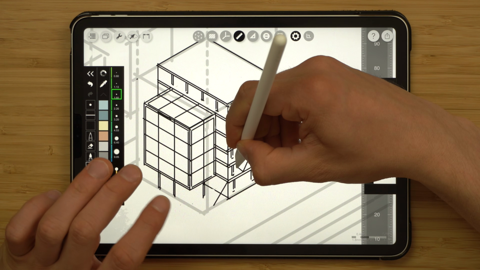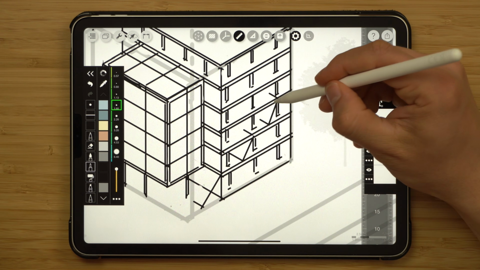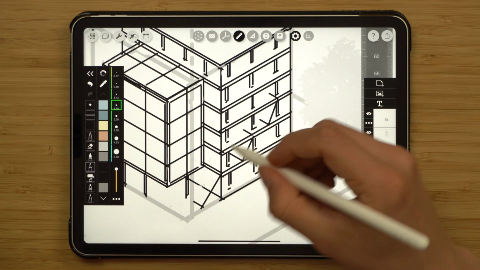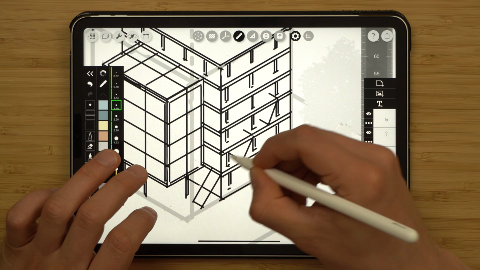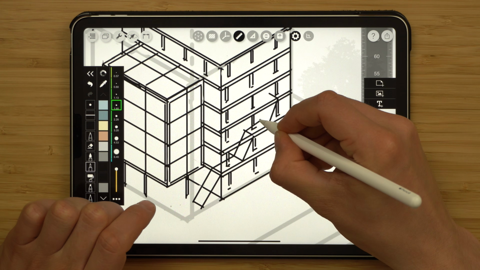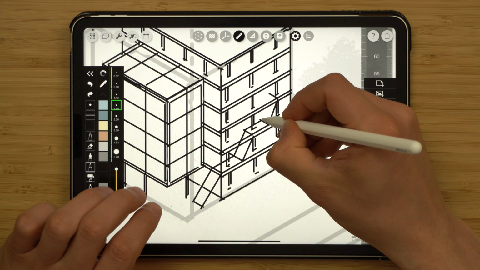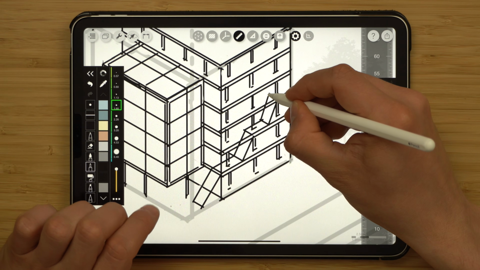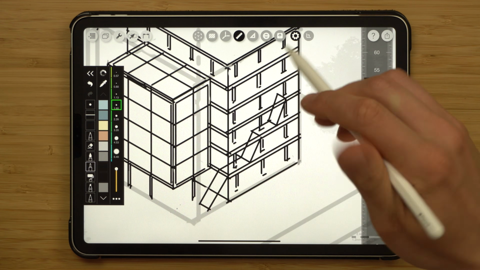At landings, I can re-enable the snap to the grid and pull the line forward like so. So each of these landings are pulled forward, and then again, starting with the bottom, unrestrict the line, restrict it again, and then track it along the elevation that we've already drawn. So it's almost like a 3D extrusion that starts from the side of the building and then pulls forward.